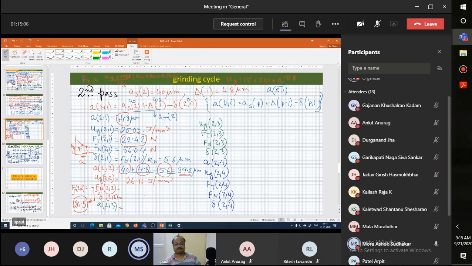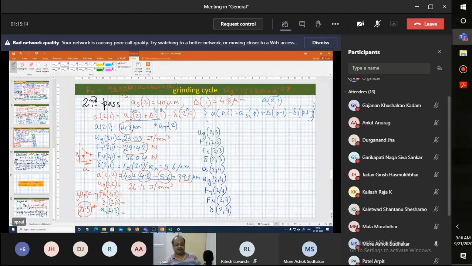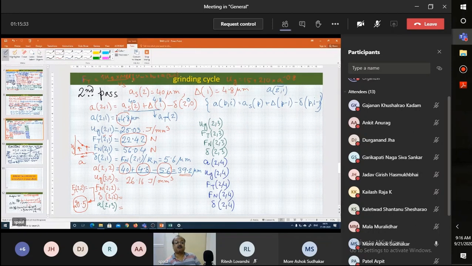Sir, because A is decreasing. A is decreasing, so it is a law of nature. Simple question. If A is decreasing, you are removing less material, so possibly you have to give less effort. As simple as that. If someone would like to give a complicated answer: UG is increasing, but MRR is decreasing because A has gone down. This increase is not being compensated by MRR, it is overcompensated, so FT is decreasing.